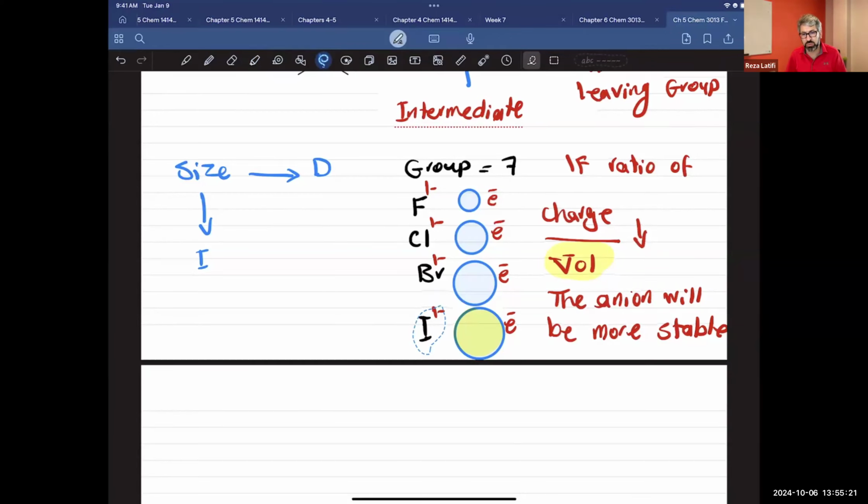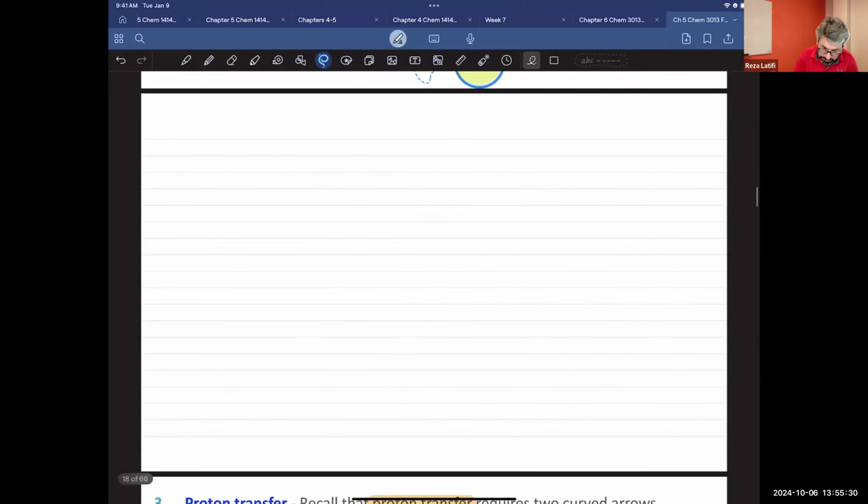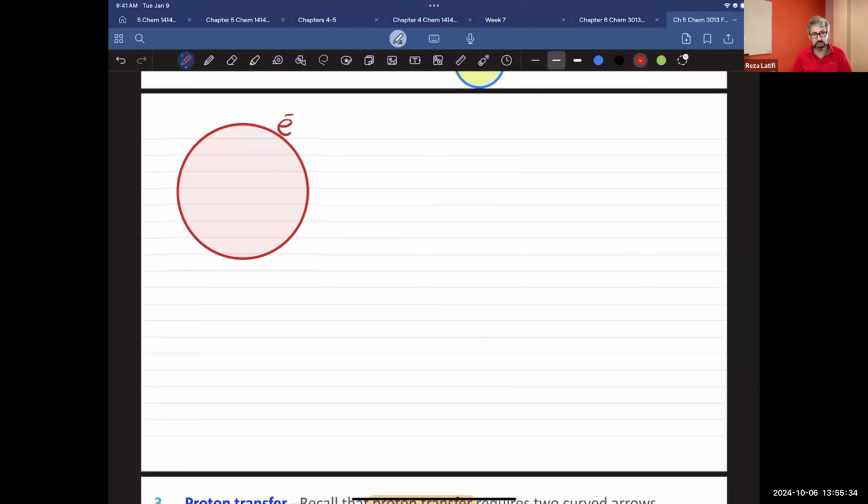Charge is -1 for all of them, but the denominator, the size of iodine, is the biggest. So you will have a big particle with only one charge sitting on it. Yes, that electron is going to fill the electrons of iodine, but iodine can easily handle it. And we get less repulsion, technically,